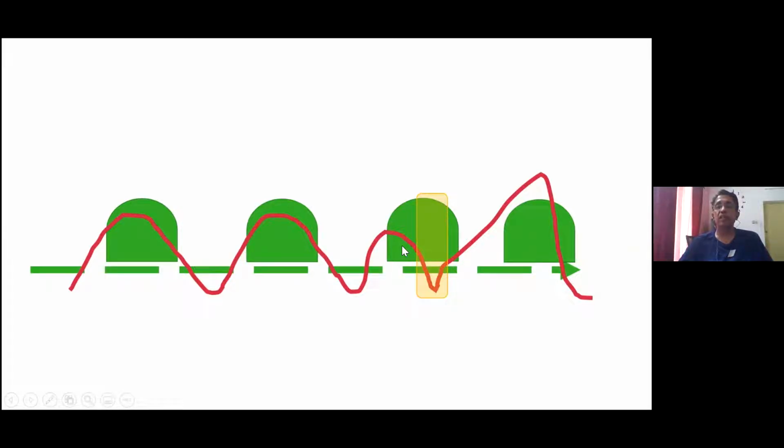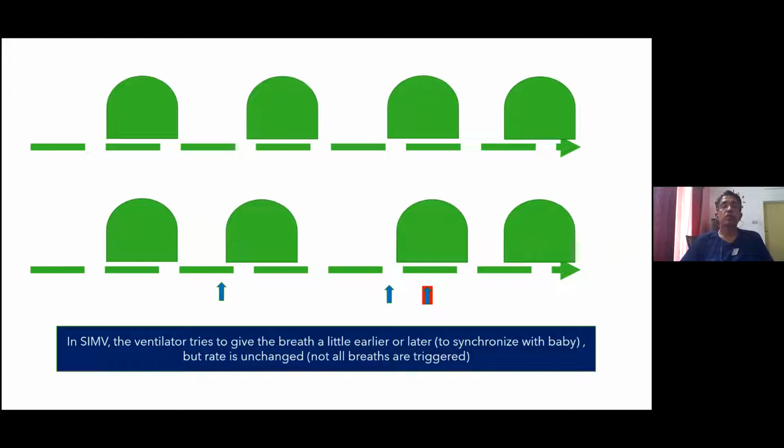But in the third square, you can see this area which I have shaded. In this part, you can see the baby's red line has started doing expiration. But the ventilator is pushing gases into the baby. So gases are flowing in opposite directions and you get fighting, what we just showed you in the video of chaotic vehicle movement. So what an SIMV does is it senses the patient breath, that is the blue arrow here.